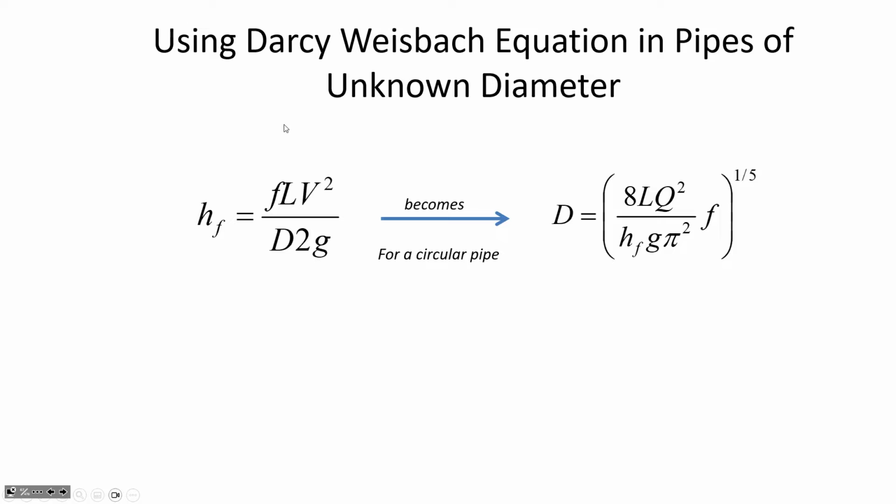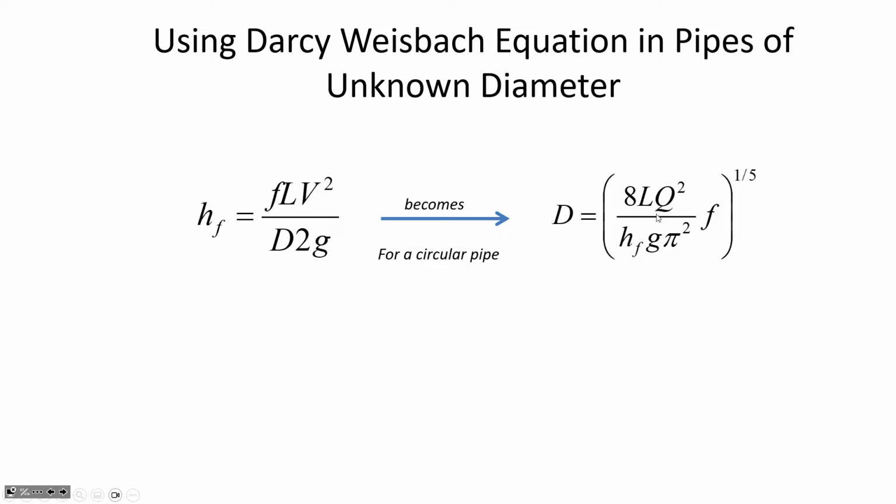And if you rearrange this equation for the unknown being the pipe diameter, and if we have a circular pipe where the velocity for a certain flow rate is determined by assuming the cross-sectional area is pi d squared divided by 4, you know, if we rearrange it and solve for the diameter for circular pipe geometry,